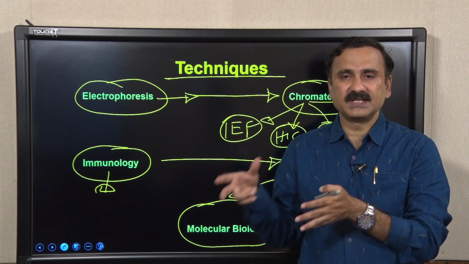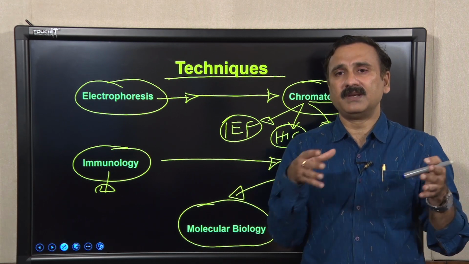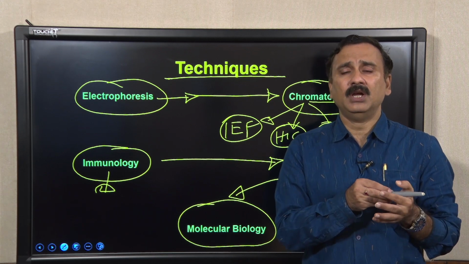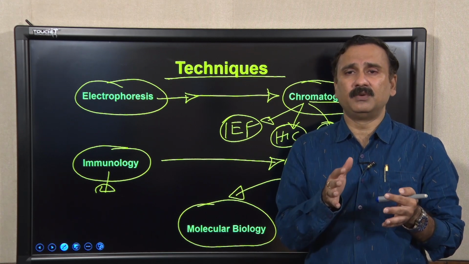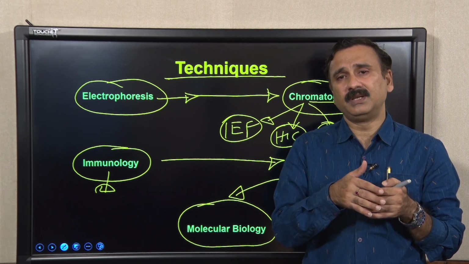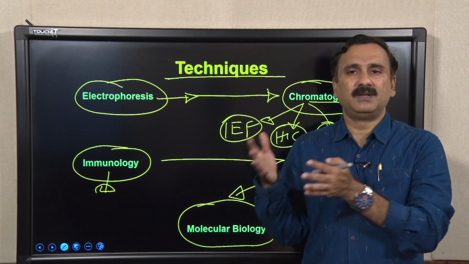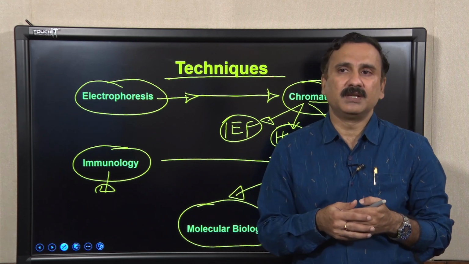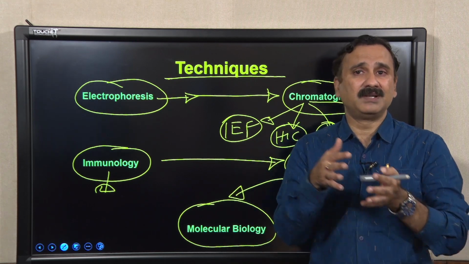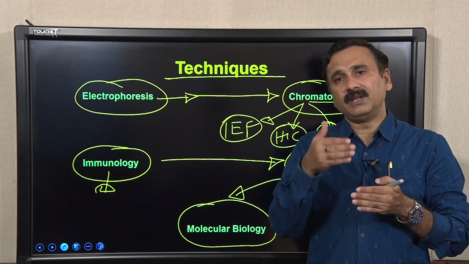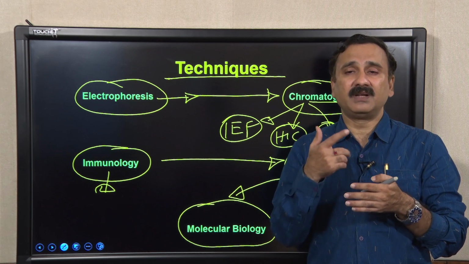For example, when people were initially starting the PCR, they were using a non-thermostable enzyme, a thermal labile enzyme, because there was no discovery of the Taq DNA polymerase. Because there was no thermal stable enzyme, they were using the thermal labile enzyme. They were supposed to add the enzyme after every reaction.